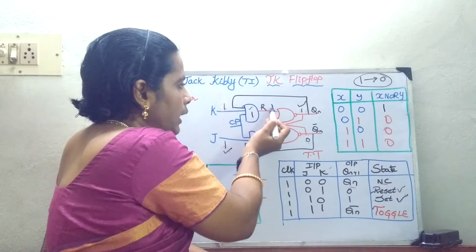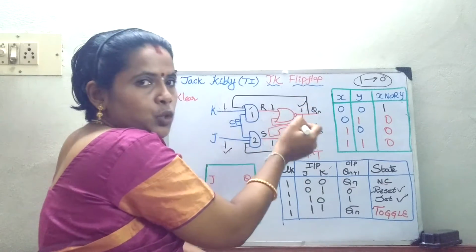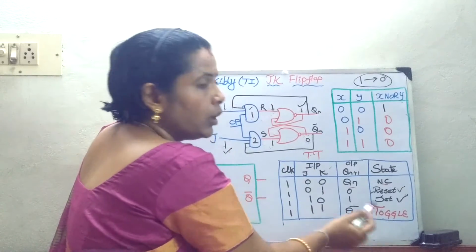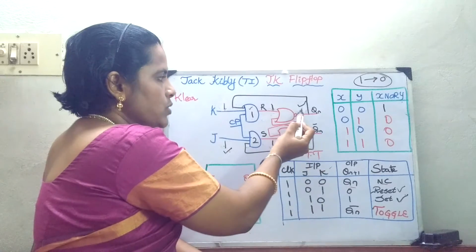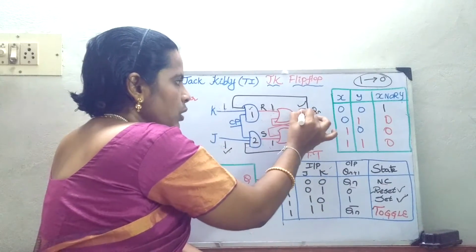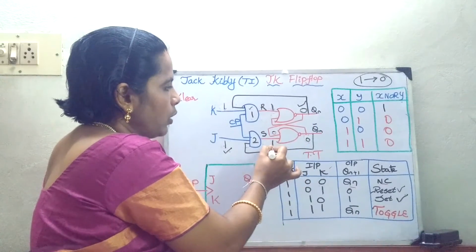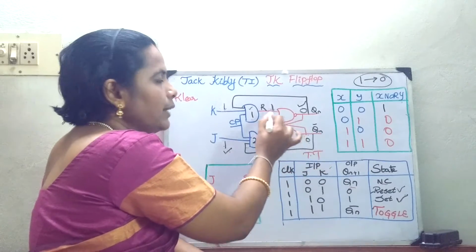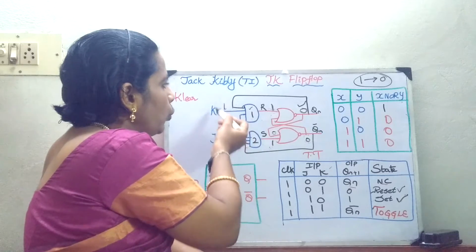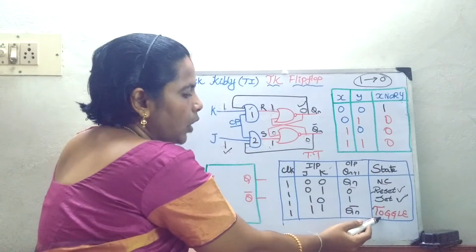Okay, so when I give 1, whatever the input previously was, it changes to 0, it changes to the opposite state. That is called your toggle state. Previously it was remaining at 1, but now when I give 1, according to the logic, it will change to 0. Of course, this 0 will come here. 1 into 0 is 0. Okay, if you go on checking this process again, this value will go on changing, which is called a toggle state.